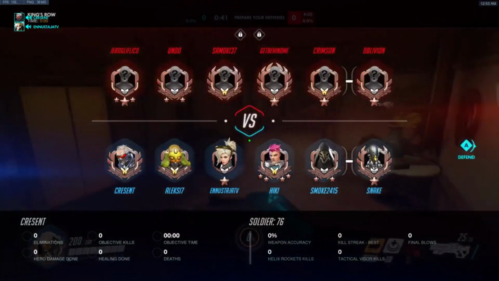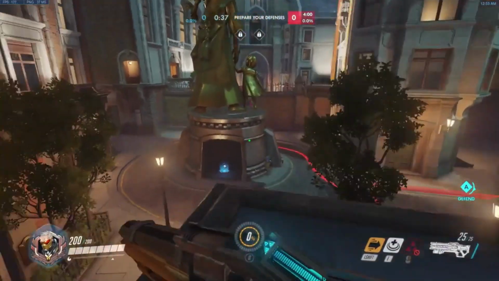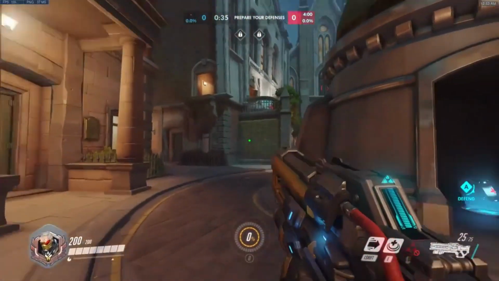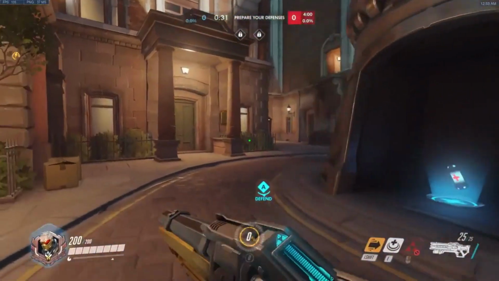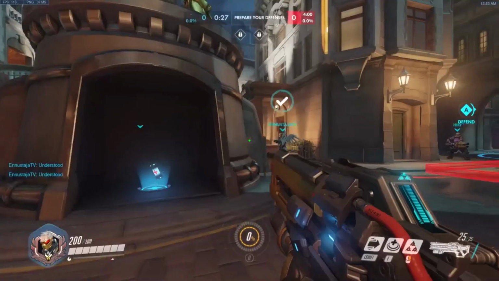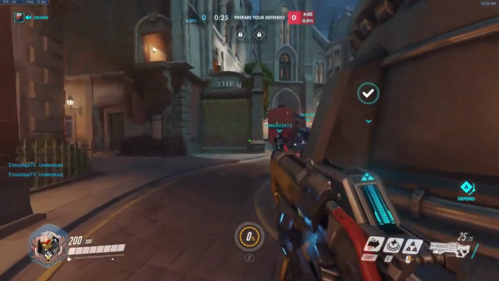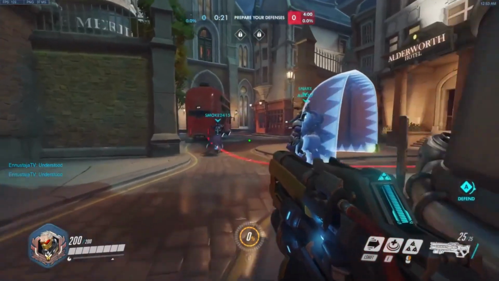Looking at this team comp, it's not bad. You have a shield tank with the Orisa, and then you have an off tank with Zarya. Zarya is generally pretty good, especially in these ranks where people don't pay attention as much to